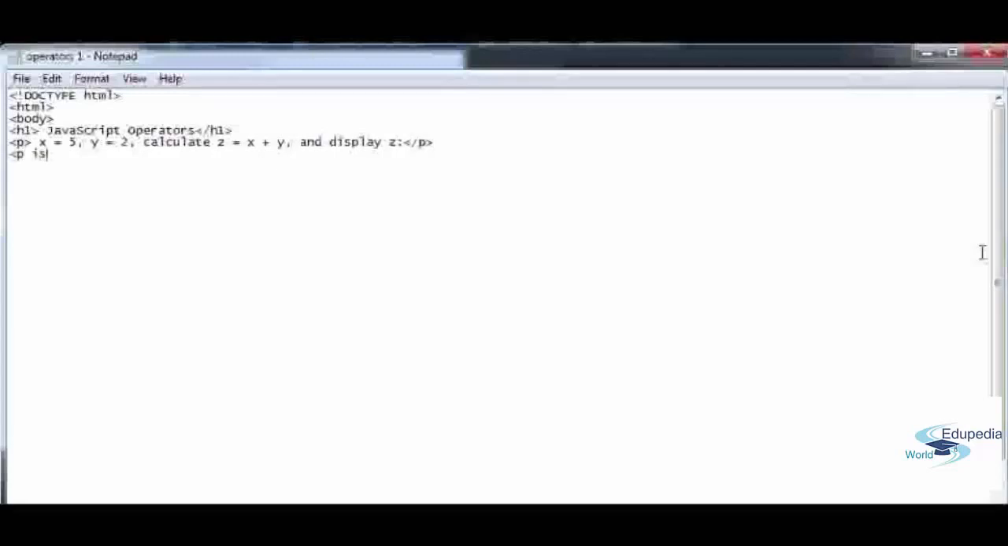P paragraph, ID is equal to demo. Okay, when you go on to professional programming, you will no longer need the word demo. Then you would have something more descriptive to identify which ID you're calling and why you're calling it at a certain place. All right, then let's open the script tag here and then write, declare your variables: var x is